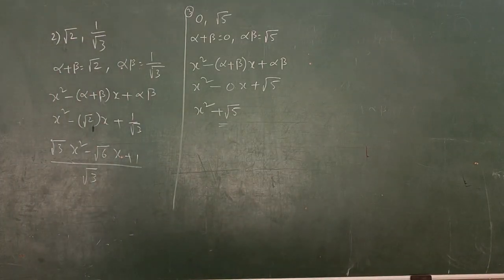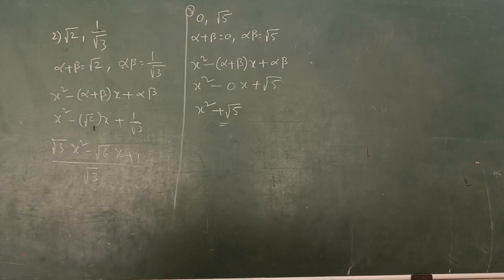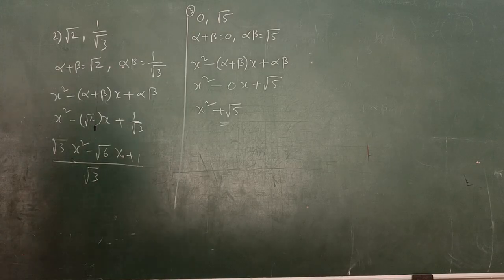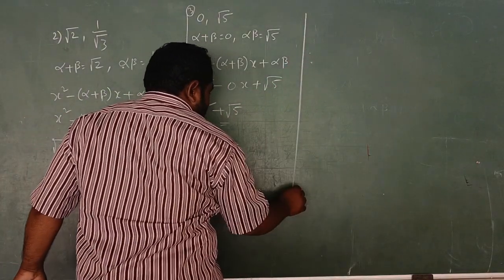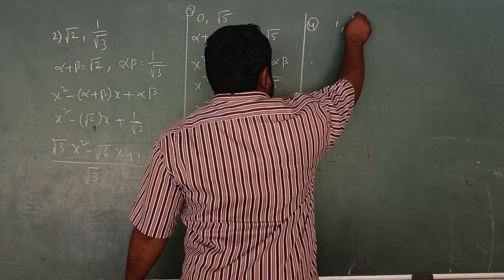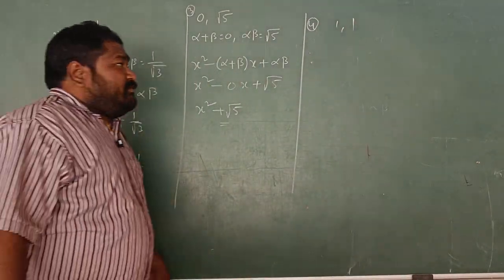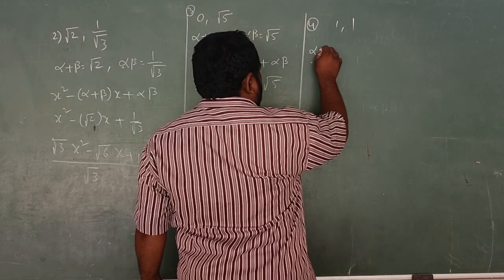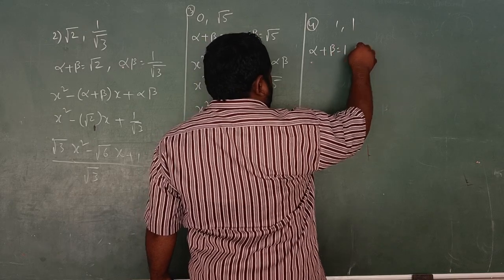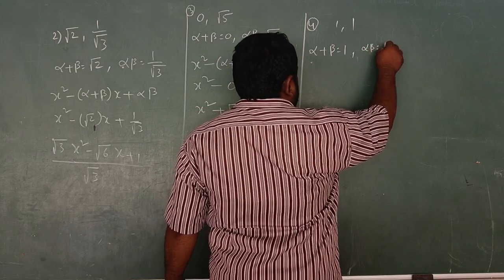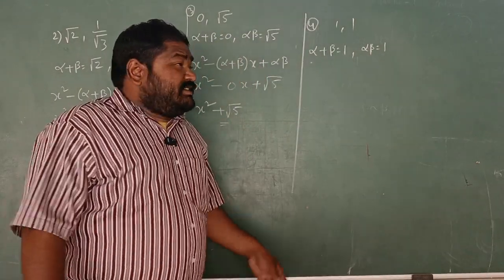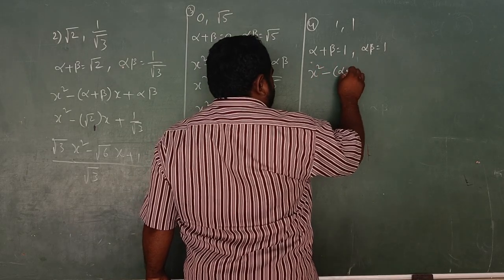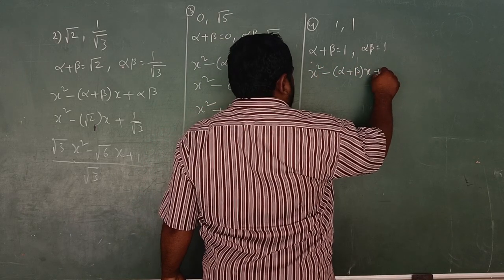Okay, and coming to the next problem. The fourth problem is 1 comma 1. Sum of the zeros is here, product of the zeros is here. Therefore, sum of the zeros, alpha plus beta, equals 1. Product of the zeros, alpha into beta, equals also 1. The required quadratic polynomial is x square minus alpha plus beta into x plus